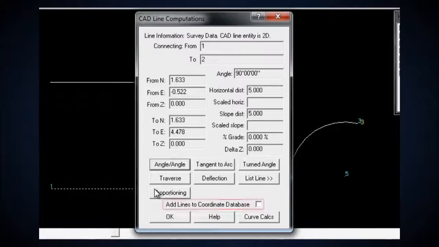Towards the bottom of the screen is the Add Lines to the Coordinate Database checkbox. If you select this option, then everything you do will calculate and store coordinates as you go. If it is turned off, the NavCom Survey CAD will simply draft new line work for you without storing it in the database. Above this checkbox are 7 options: Angle, Tangent to Arc, Turned Angle, Traverse, Deflection, Line List, and